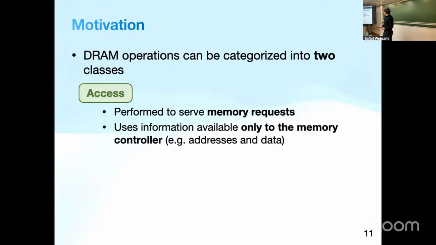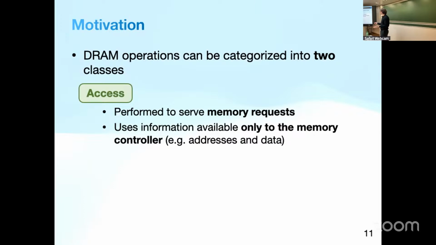Now, DRAM operations can be categorized into two classes. I'll explain this so that we understand more about how this will actually work and why it will work. First of all, we have accesses. Those are performed only to serve memory requests. So we activate a row to, for example, read or write to it. And the information of that is only available to the memory controller itself, as that knows which row and which data should be